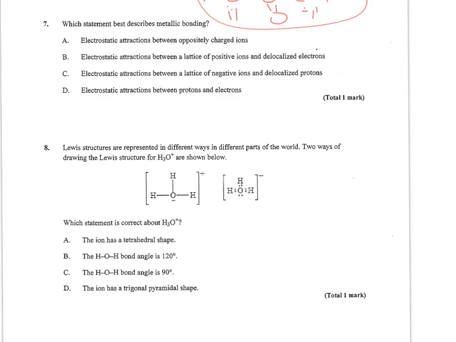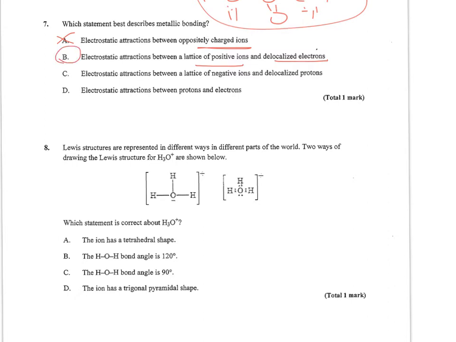Number 7 wants to know which statement best describes metallic bonding. Remember, metallic bonding is the positive cation with delocalized electrons. So A, oppositely charged ions, no, that's not true for metallic bonding. B, electrostatic attractions between a lattice of positive ions and delocalized electrons, yeah, that's what we're talking about, positive ions or